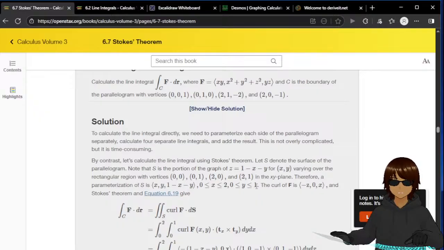That defines the parallelogram. The curl of F is,